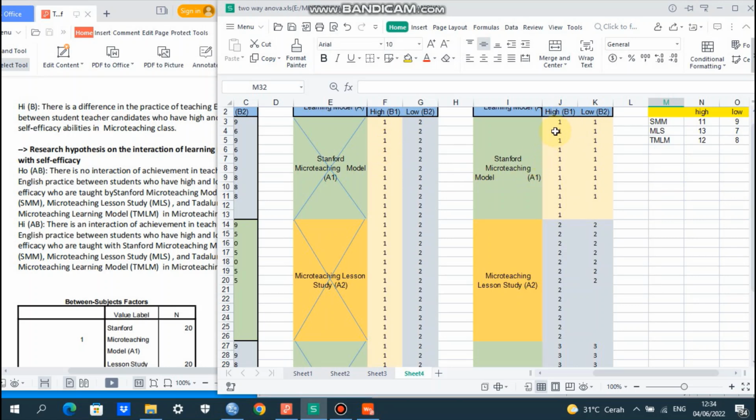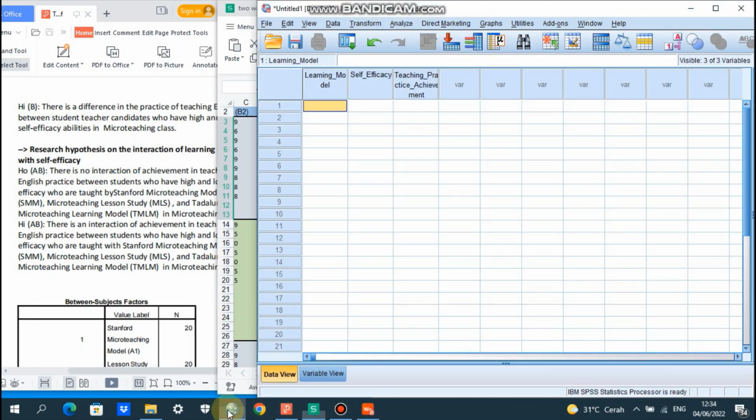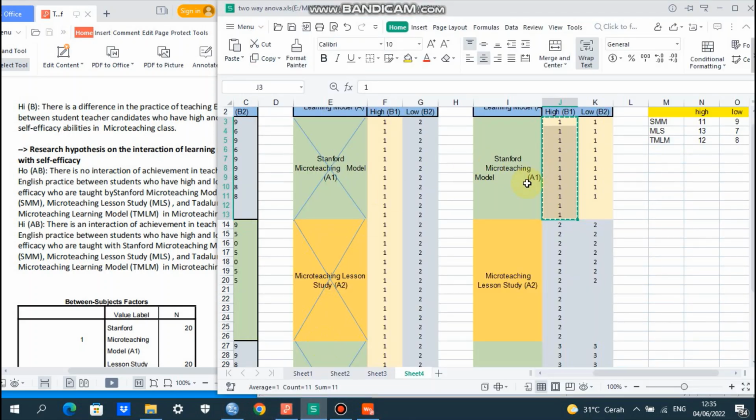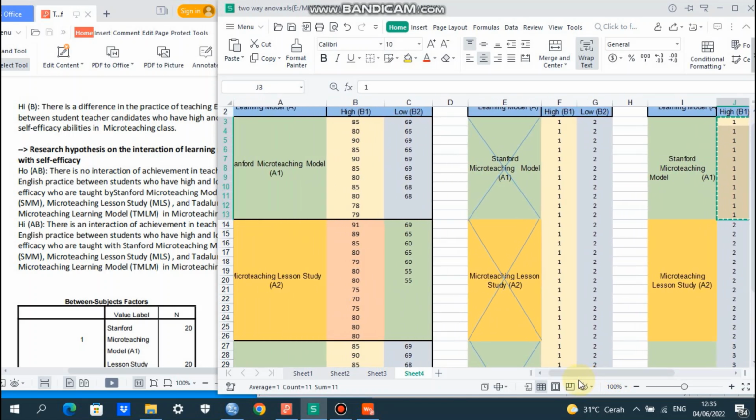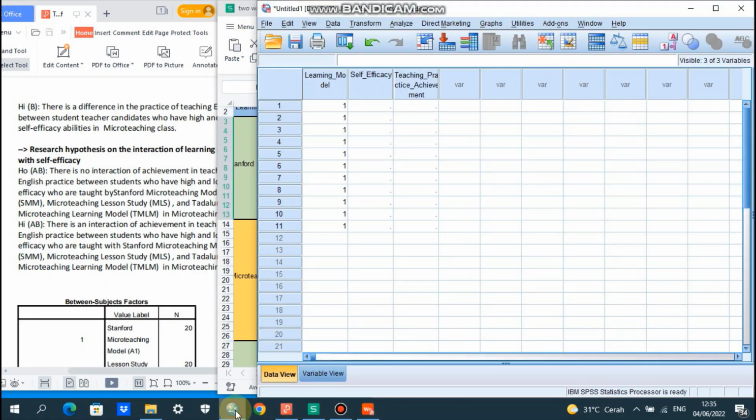And we go to data view, and then we go to Excel to copy here. This one, the code for micro teaching is 1. The 11 students who have high self-efficacy, we copy.